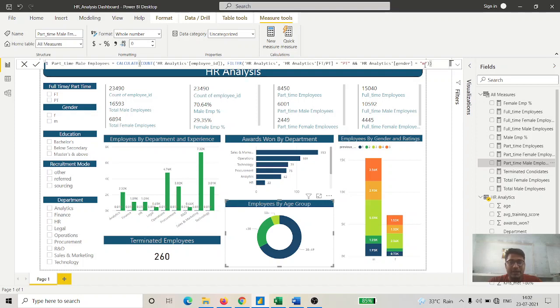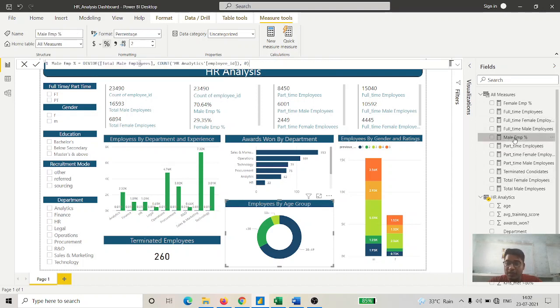That is the thing you are going to use in that particular measure. You have to add one filter like part-time. The same thing for part-time female employees, you just change the gender there. Part-time employees, how many employees are part-time, you are just going to see this. How many full-time male employees are there, the same thing.